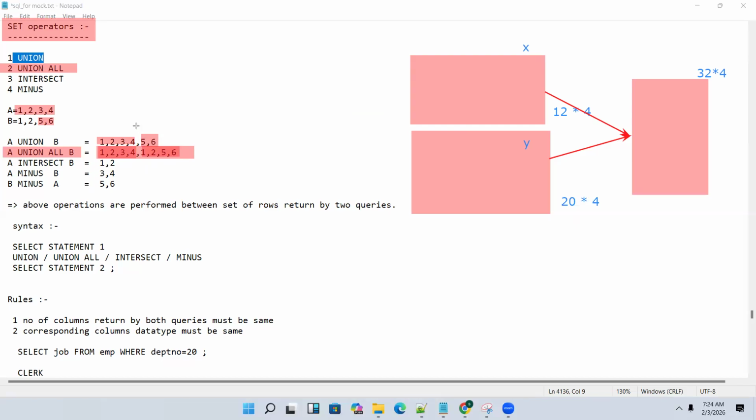Without duplicates. Okay. We'll see statements 1 and 2. Now see, A intersect B. A intersect B means what? A intersect B. Now, okay, it is like, okay,